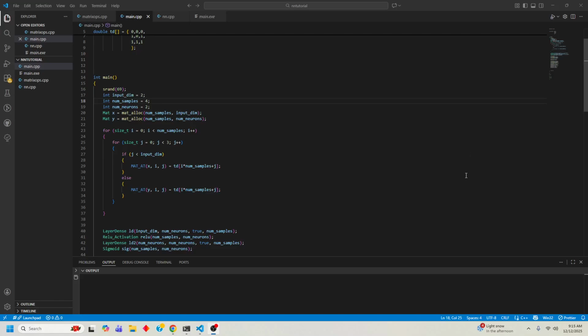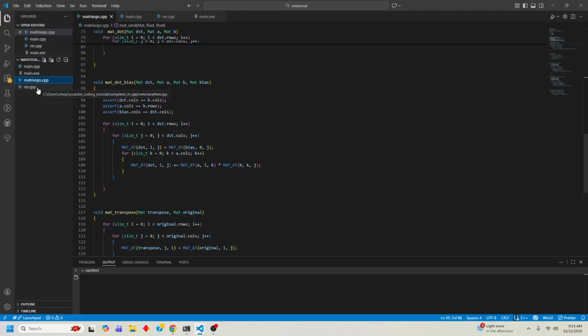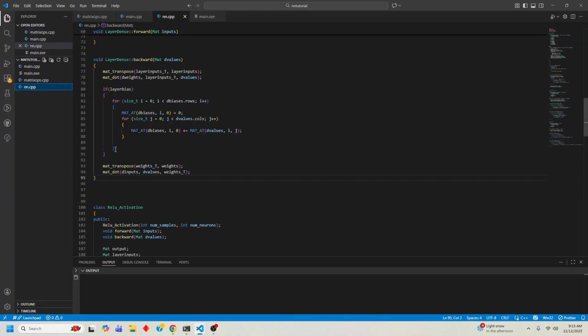Okay, so today we're going to be going through the loss function and its derivative. But first I do need to make a couple of changes. One fix and then a couple other changes. Okay, so right here in the layer dense backwards,